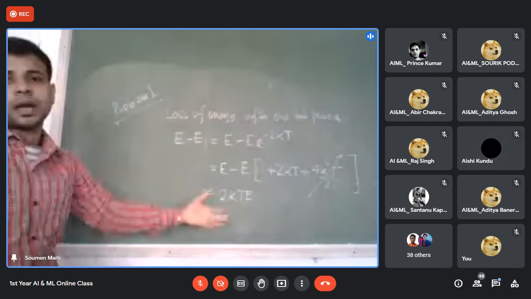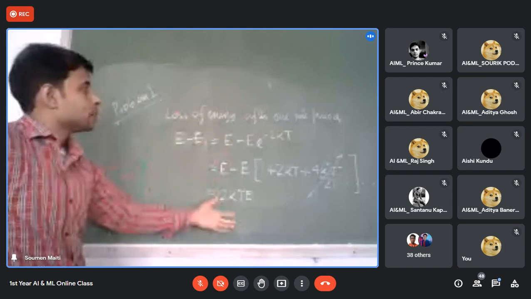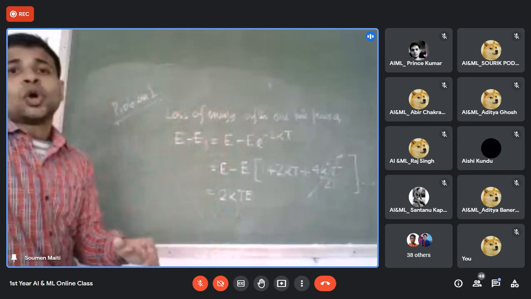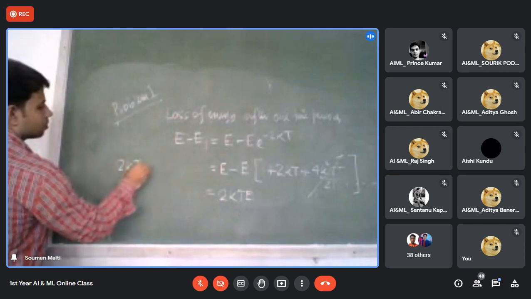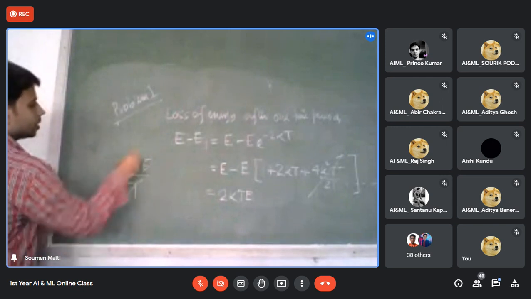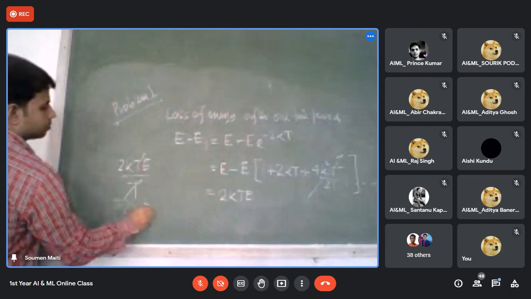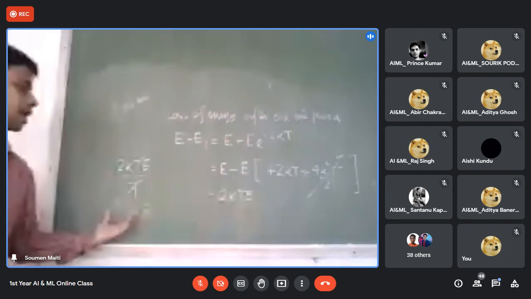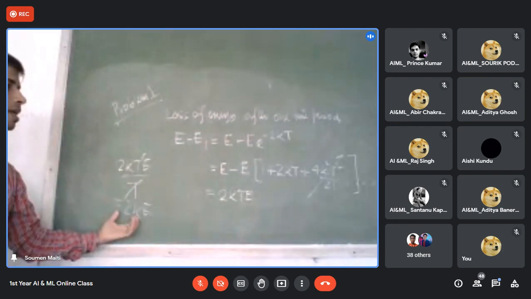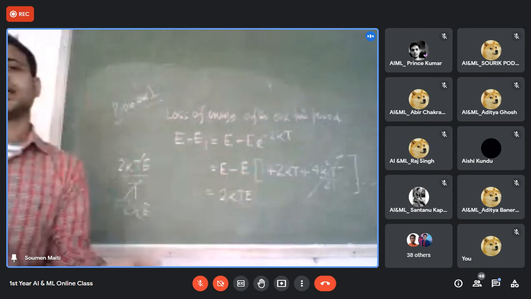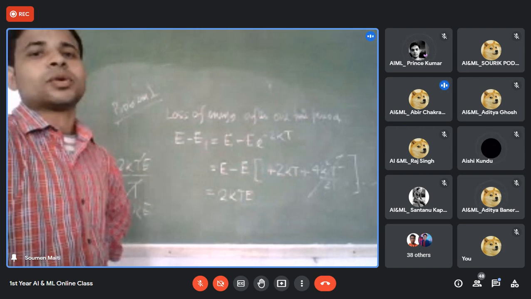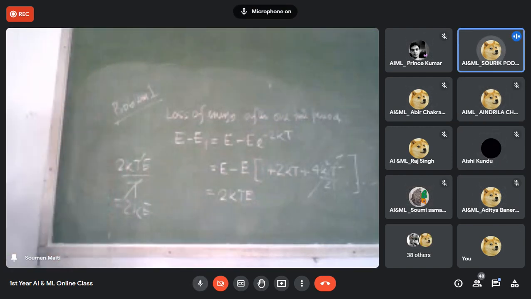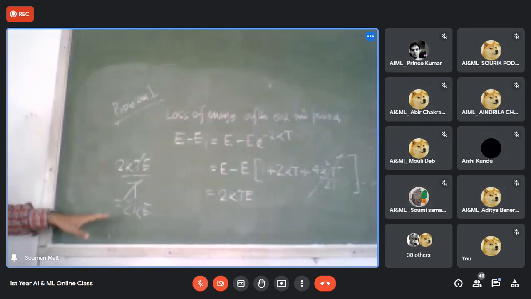So this is the loss. If someone asks you, this is after one time period, this is the loss. If someone asks you what it is per unit time, then it can be simply, if per unit cycle, then 2kT by T cancel out. They can ask you the per unit, तो T कट जाएगा, नहीं तो नहीं. Is it clear to everyone?